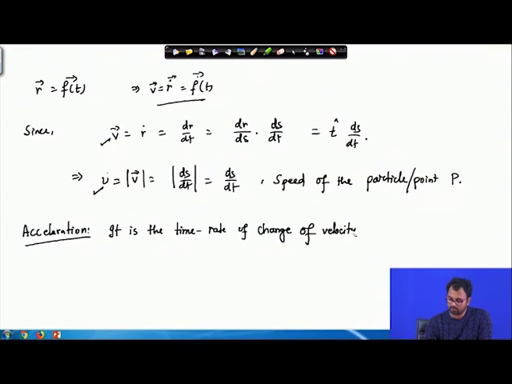First of all, rate of change of r is called velocity, and now rate of change of velocity is called acceleration. If the velocity is increasing, it is acceleration; if it is decreasing, it is deceleration. Although we use acceleration in this context, those are the two adjectives you use, acceleration and deceleration. So, thus the acceleration vector